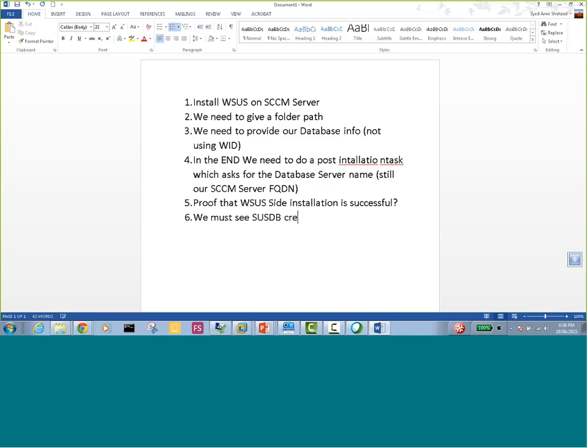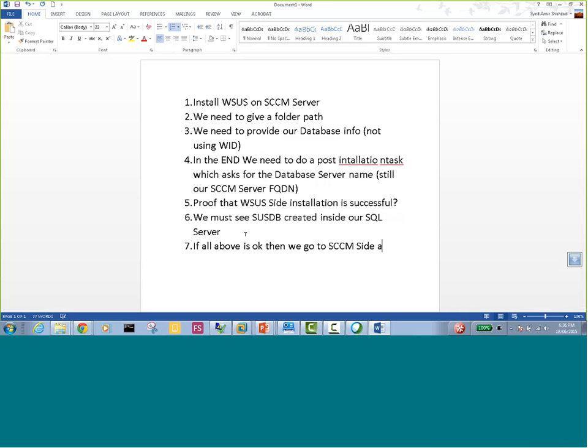This is the name of the database created inside our SQL server. I'm going to take you there on our SQL server. So SUSDB should be there if this process is correct. If all of the above is okay, then we go to